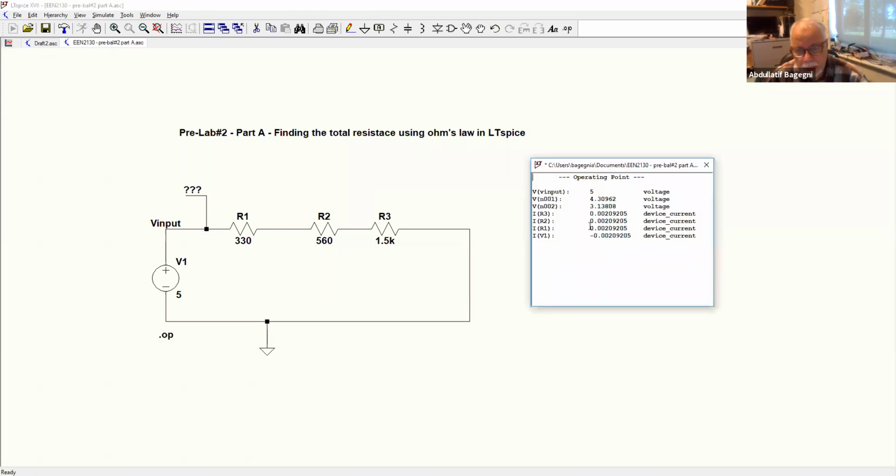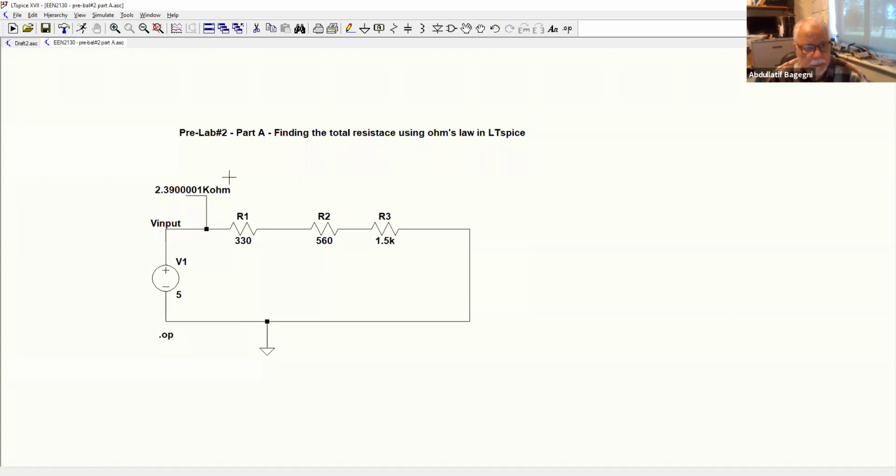Okay, so now we see this window here, so we have to close it to get the value. Here's the value, okay, I'll show you the value here, the value here. This is R1 plus R2 plus R3. Okay, so again, you could add R4, R5, any value you want. Now, you have to pay attention to the voltage that you use to determine RT. So since we are finding R1, R2, R3, R4, and R5, and so on, we must use the total voltage, which is